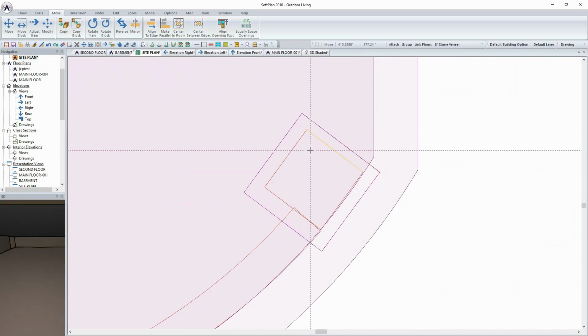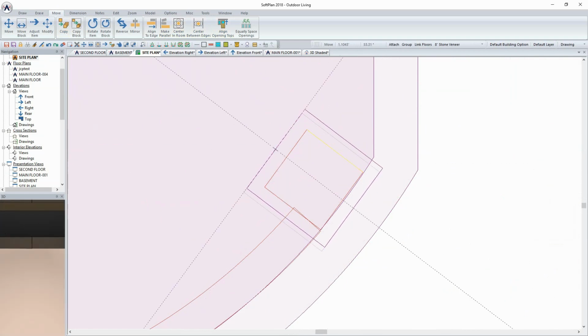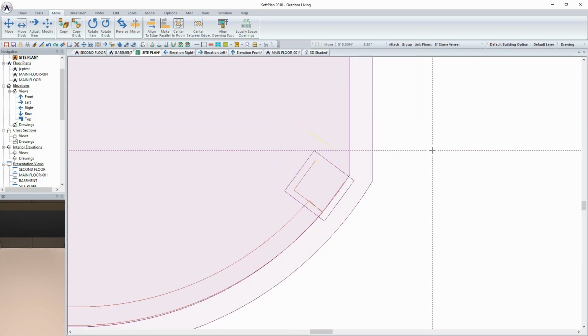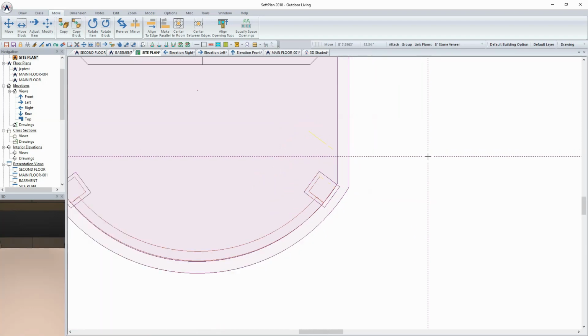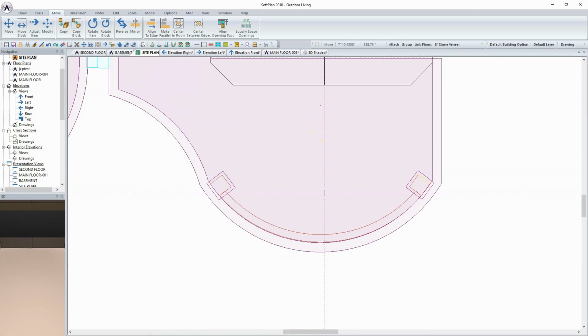So for example, if you are setting up a site plan drawing, and you need to have a sidewalk run parallel to the easement or to the actual edge of the property, then by all means you could pick the make parallel, select the edge of the property, and then select the sidewalk and have that conform to it. The other thing that I could have done, which was part of the wall definition menu, was I